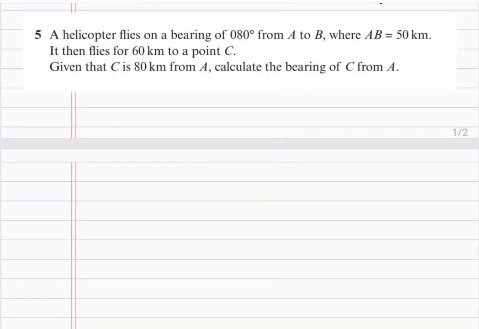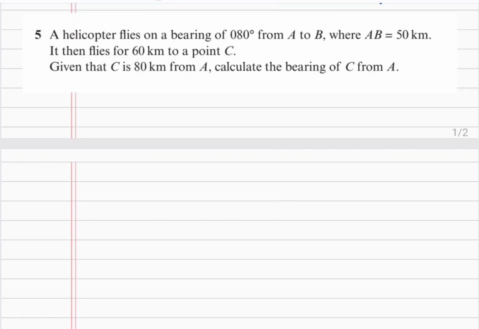Hi everyone, this video is on exercise 9A question 5, and we have a helicopter which flies on a bearing of 80 degrees from A to B, where AB is 50 kilometers, and then it flies for 60 kilometers to a point C. So given that C is 80 kilometers from A, we want to calculate the bearing of C from A. Okay, this is an interesting question, and as always, in these types of questions, we need to start